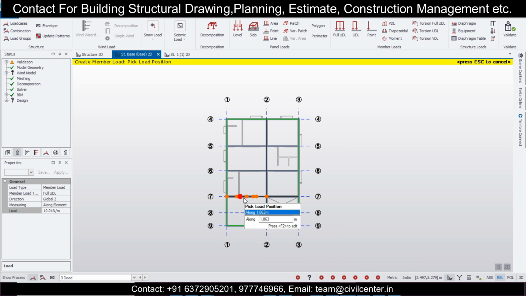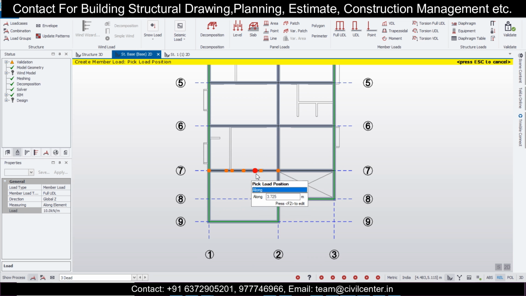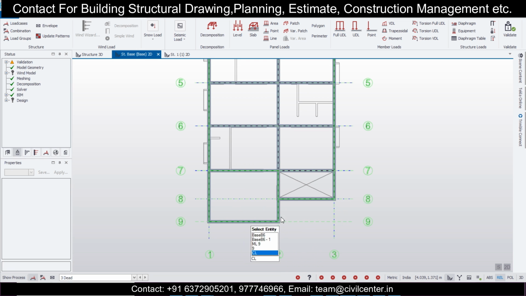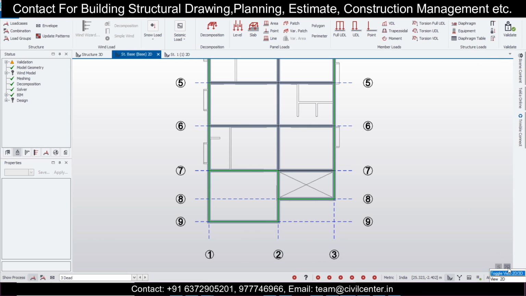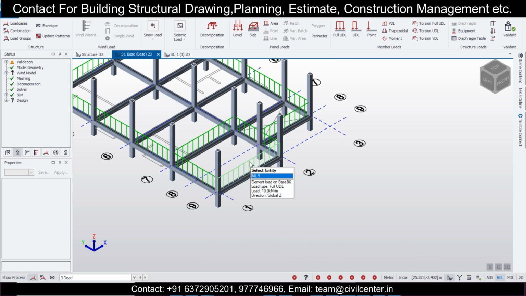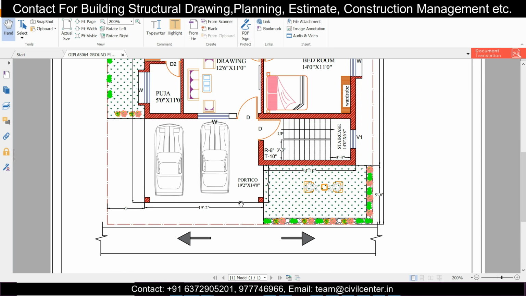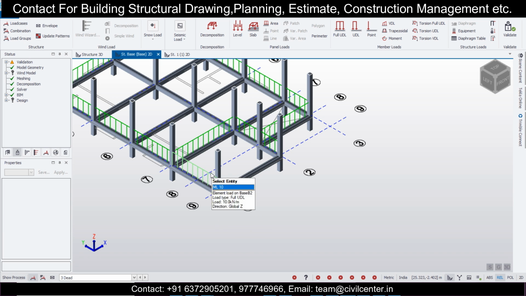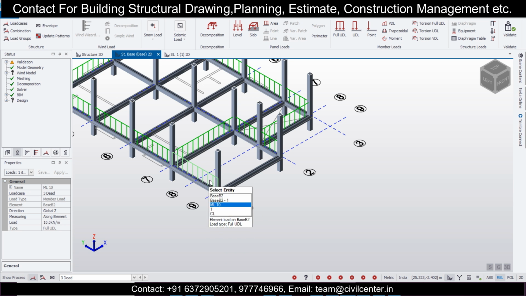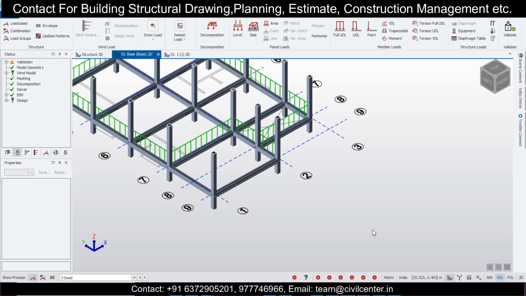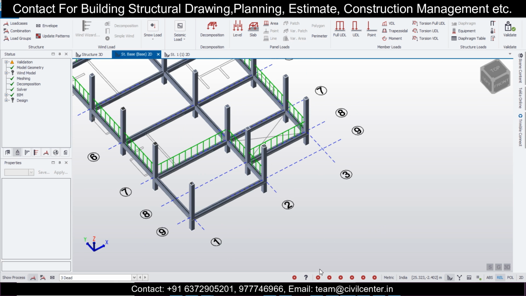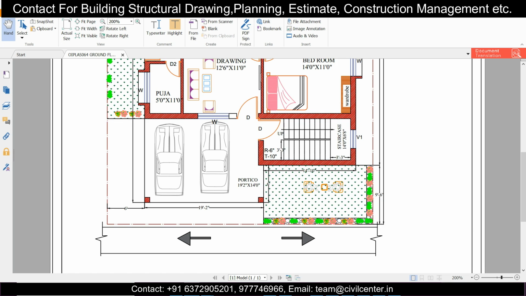So this is the garage portion. Here also we'll apply, and this portion. In this portico portion, the load will not be there. So I can go to 3D and delete, because this is my parking portion. If you can see the plan, I'll just take the plan here. There is no wall in this portion, so we'll just delete the wall load here and in here. So you'll have to apply the load by seeing the plan. It's pretty easily deleted. So as you can see, the process is very easy.